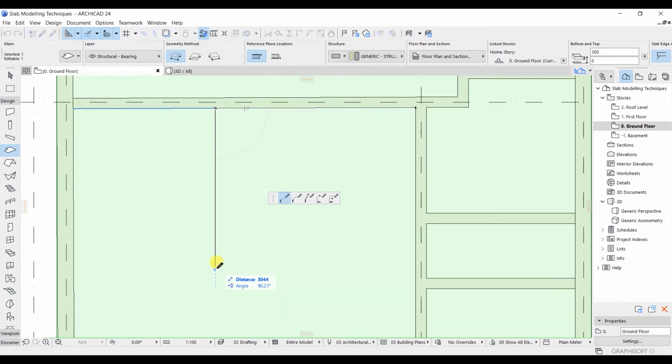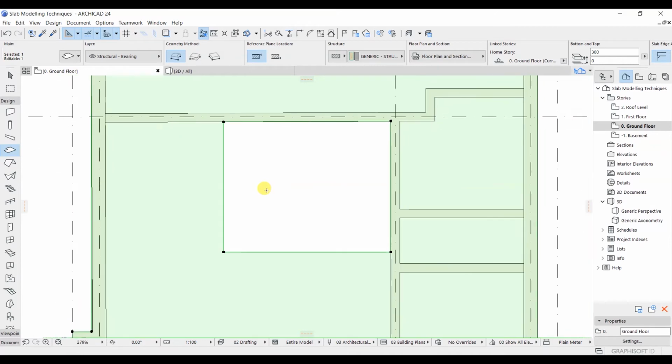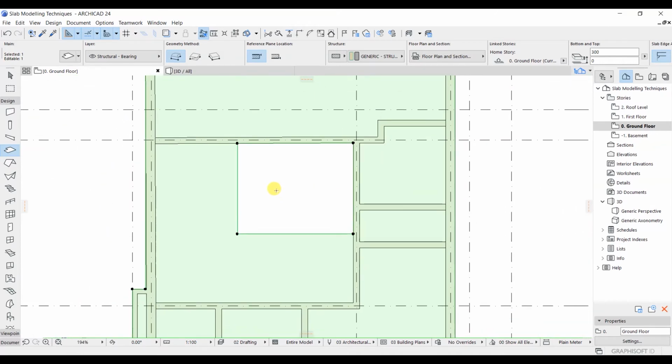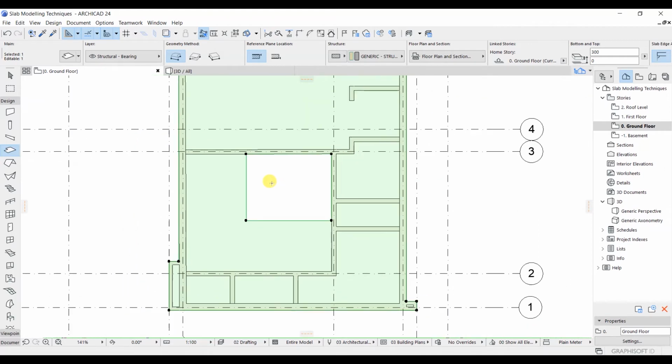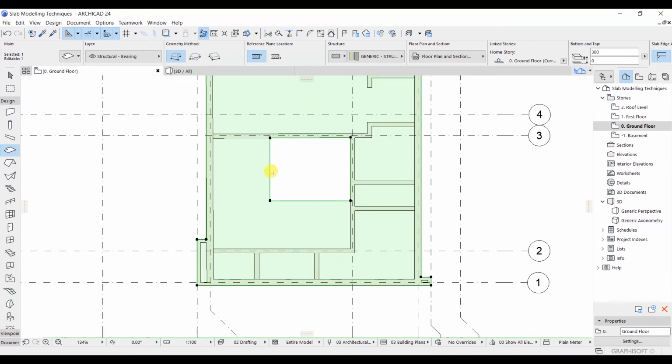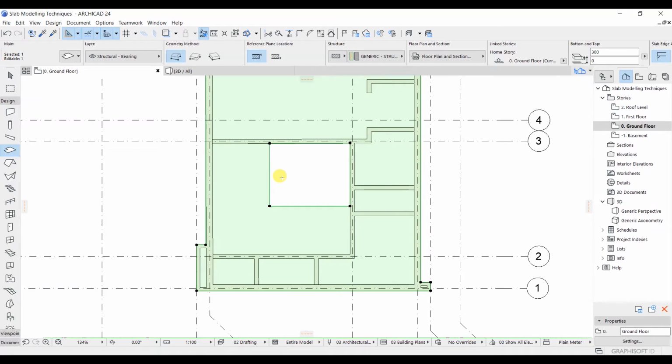Right now we are here, and after that you have to take your mouse cursor in this direction and set the distance as 3000. Let's hit enter, and after that match it like this at 90°, and then again take your mouse cursor and select it like this. So in this way you can cut out this section just like that. As you can see, we have successfully created a hole in this region, as per our project requirement.